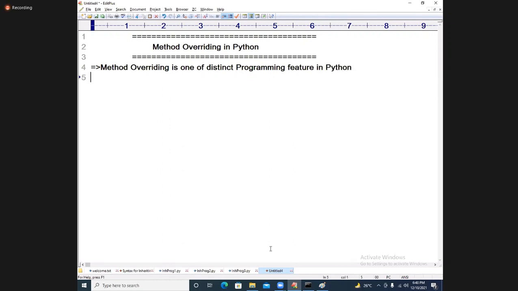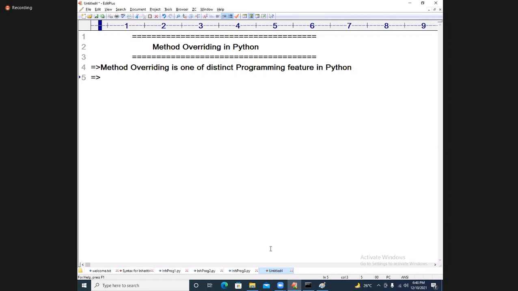It is a programming feature, not a principle. Inheritance is a principle. Polymorphism is a principle. Method overriding is a programming feature. It is available in Java, it is available in C++, it is available in every object-oriented programming language.